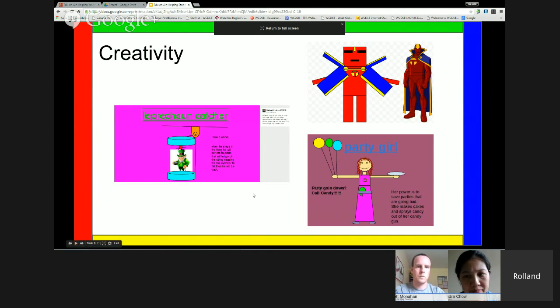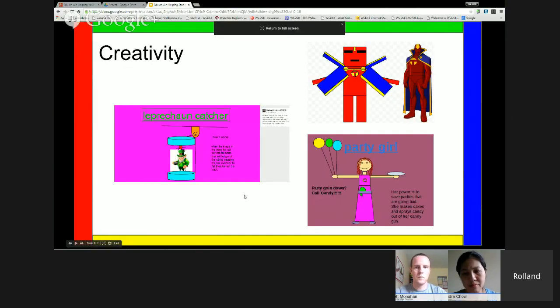So on the screen, I have some examples of some of the things that the students had created using GAFE that they told me they couldn't have created or wouldn't have thought about creating before. On the left-hand side, I have a picture of something called the leprechaun catcher. And this was one of the first moments where a student took a huge risk and shared her work with the class